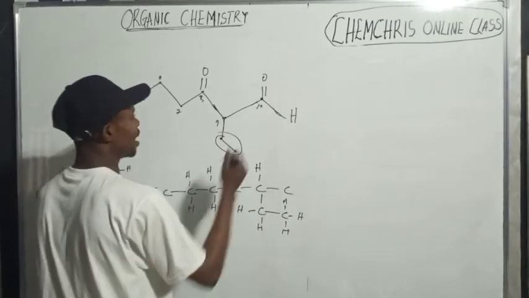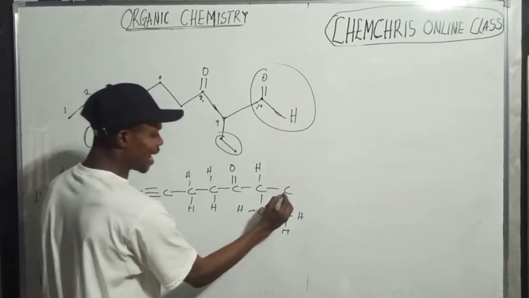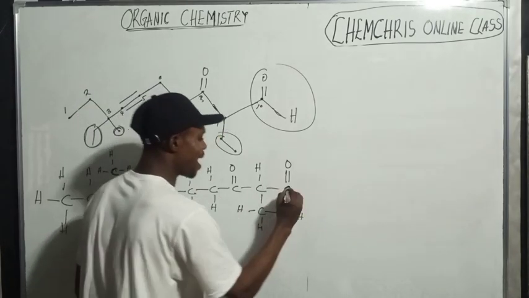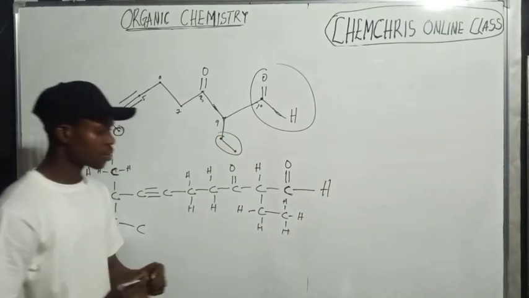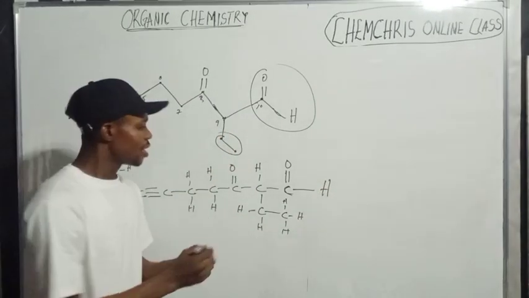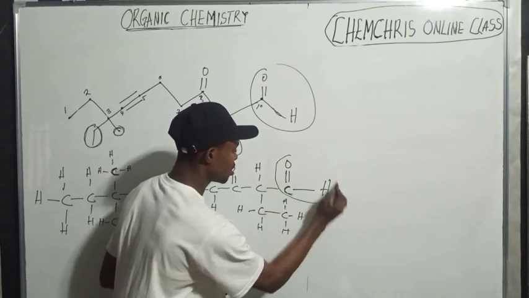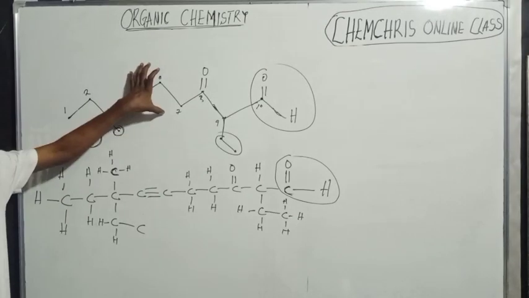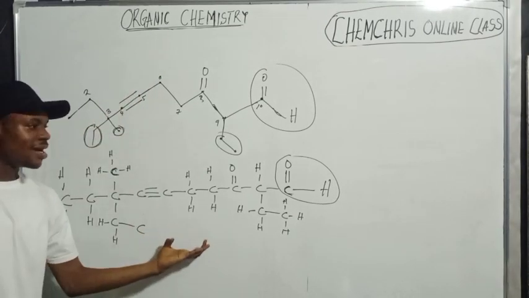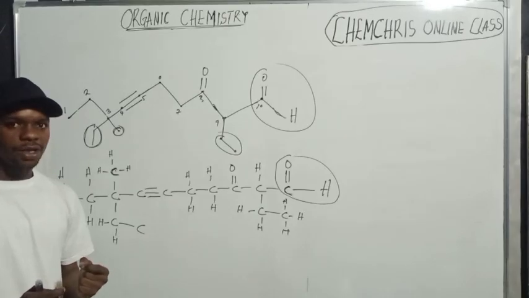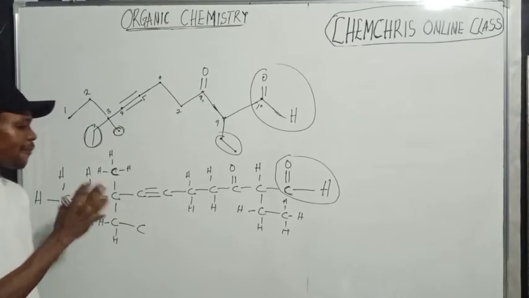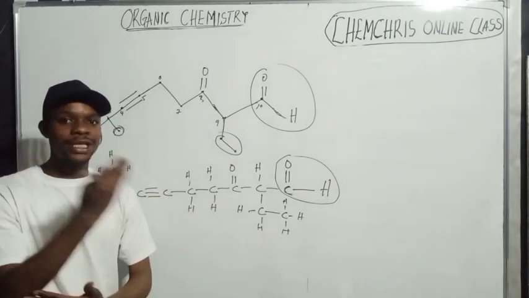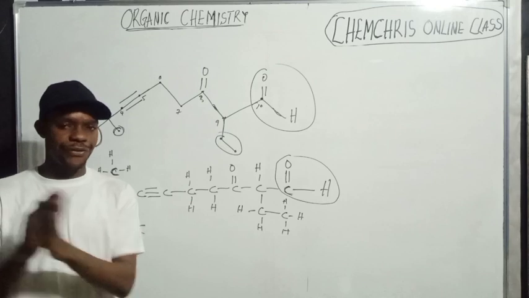Now, the last carbon here is having a double bond oxygen, and then attached to hydrogen. Can you see that? So this one here is the skeletal formula. This is called the fully displayed formula. Do you understand? Now, before we start converting to the condensed structure, which I'm going to teach you in a few minutes,